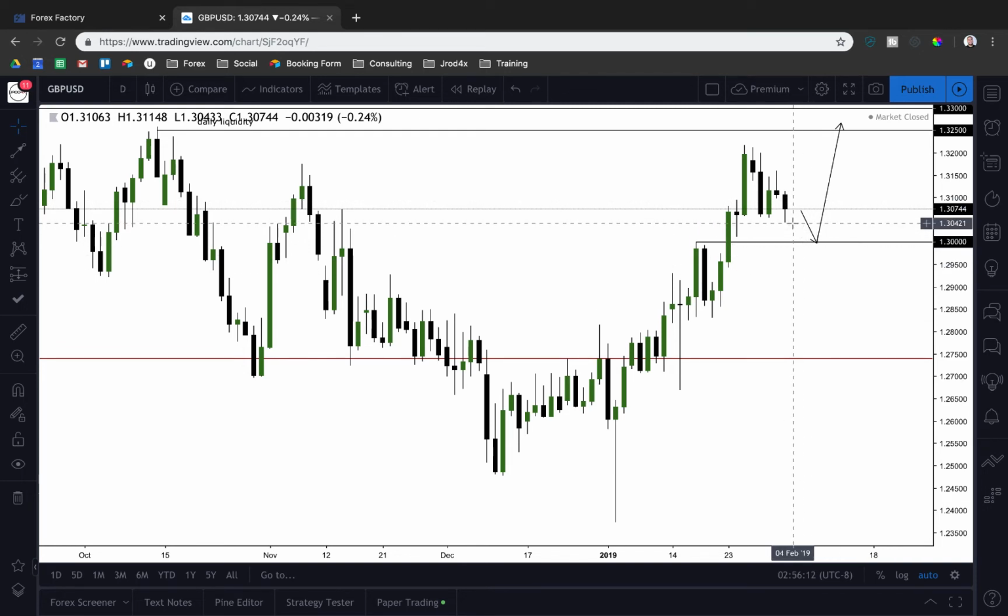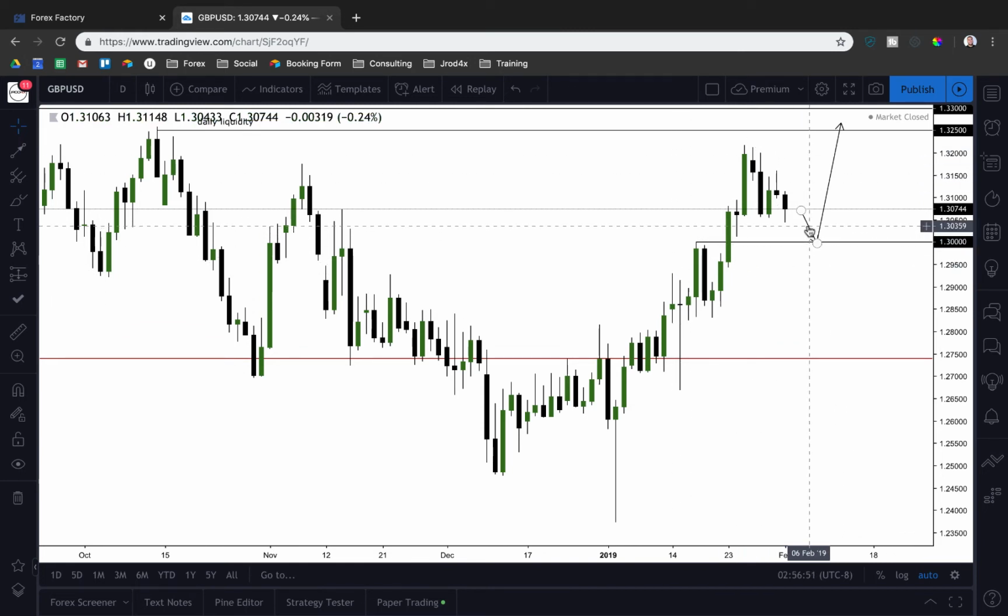With this particular pair, things are seeming to get a little bit back in line. I wouldn't say that they're fully in line or in sync yet with the dollar index, for example. We have been seeing pretty heavy manipulation within this pair alone, so I am cautious. I'm not necessarily looking to jump into anything. I'm still focused on Euro Dollar as well. But we do have to factor in that we could see a pretty significant rally on British pound if we do trade into this level, because we would be coming off of daily support, and the overall market structure is in fact bullish.